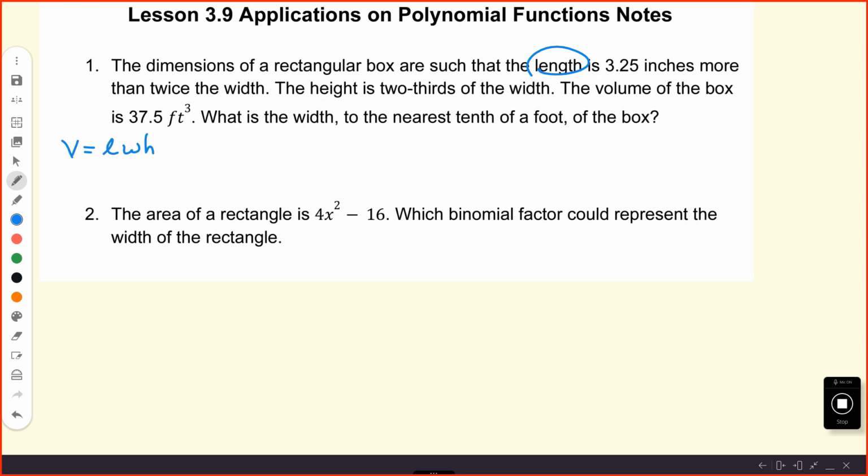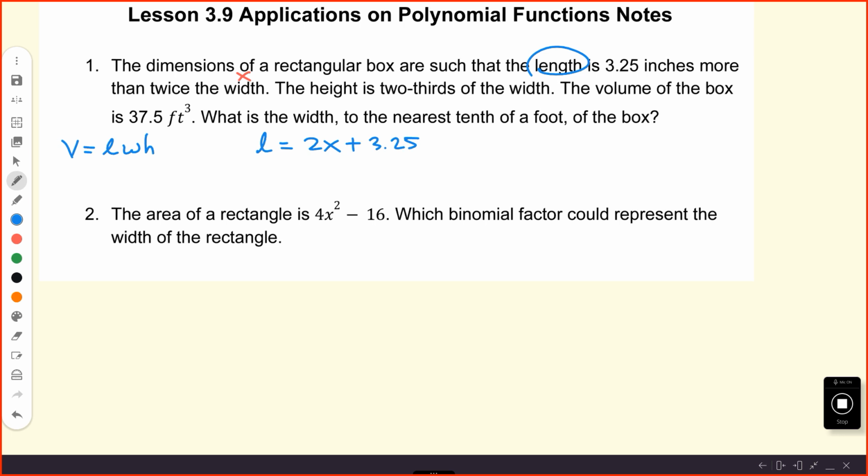So how do we express the length? 3.25 inches more than twice the width. We can express the width as W, but let's just express the width as x. So if we express the width as x, that's a known dimension, right? So how do we express the length in terms of the width? That's going to be twice the width, so 2x, more than, of course, that's addition. So plus